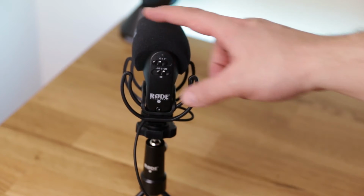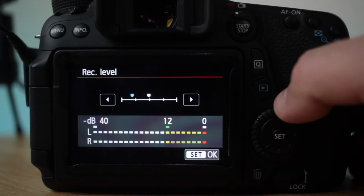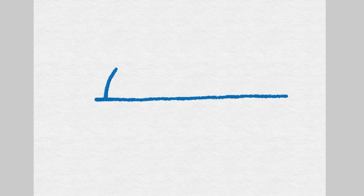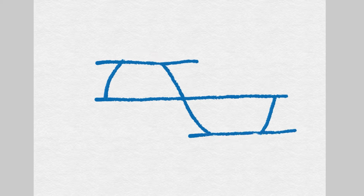And the other issue that I had was because the preamp in the 70D is so poor, I had the gain on the microphone itself dialed right up to plus 24 dB, which is fine in most circumstances, but what I found was that getting the sound levels of recording on the camera right was quite pernickety. There's no way of doing that other than getting up and actually adjusting the gain on the camera itself. And when I got to post and I was editing the videos, what I found was quite a bit of clipping. Now clipping is when the audible wave file actually exceeds a 0 dB threshold and effectively cuts off the